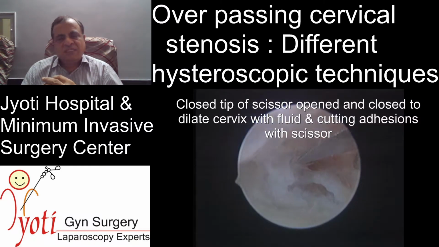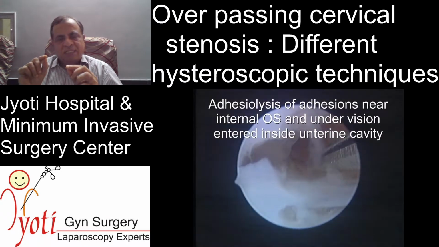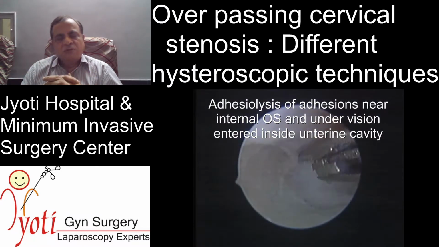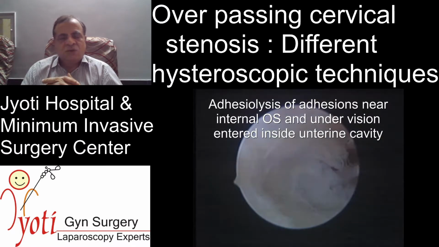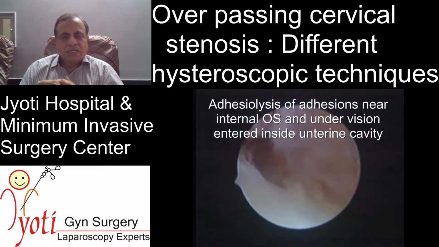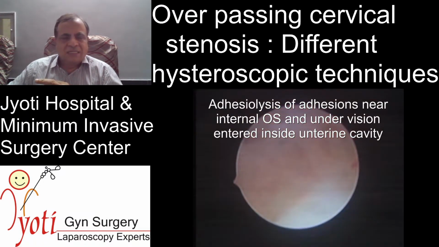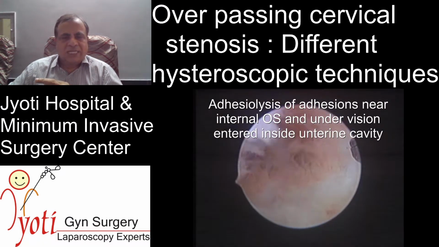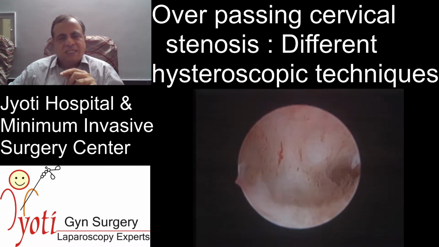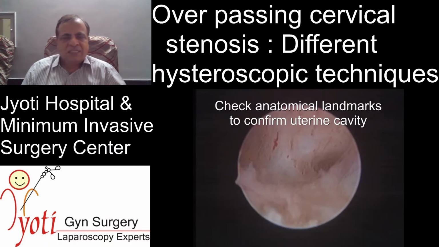You can see the fluid additions here, right? So this is how, after making sure that you see the canal correctly, see the cavity, see a little part of the cavity, you have to push whether it is antiverted or retroverted. You have to push accordingly and you have to move the cable, and you can see that this is the marker. The cable will be on this side, so accordingly you have to push. If it's antiverted, you bring it here and go entirely. You can see that under vision, you are inside the uterine cavity.